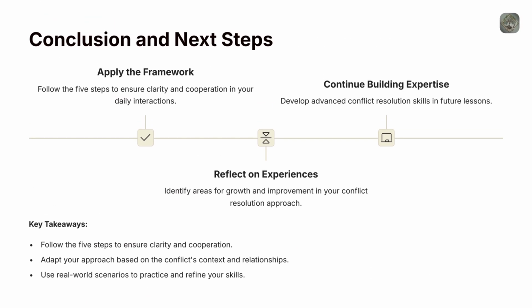To conclude, the 5-step conflict resolution framework ensures clarity, cooperation, and actionable solutions. By practicing these steps, identifying the conflict, gathering perspectives, choosing the right approach, facilitating dialogue, and reaching agreements, you'll handle conflicts confidently and constructively. Apply this framework in your daily interactions, reflect on your progress,